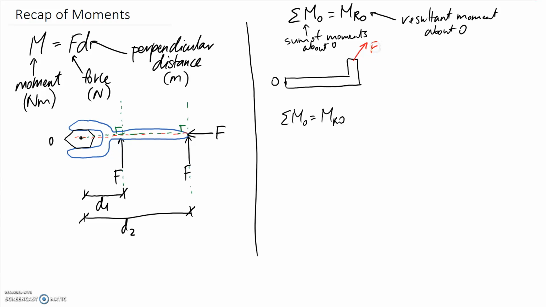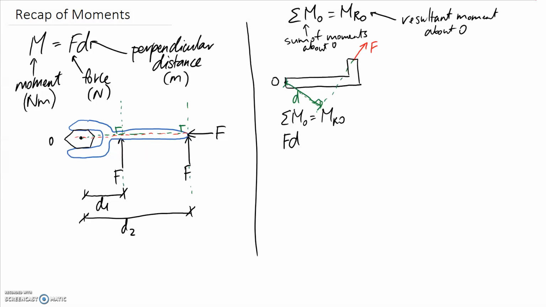Okay, all I'd need to do is take this force F and multiply it by the distance back to point O. So if I dotted in my line of action, something like this, I need this perpendicular distance that sits in here. Okay, let's call this distance D. Okay, that's this distance in here. So my moment about point O is going to be equal to this force multiplied by the perpendicular distance, and